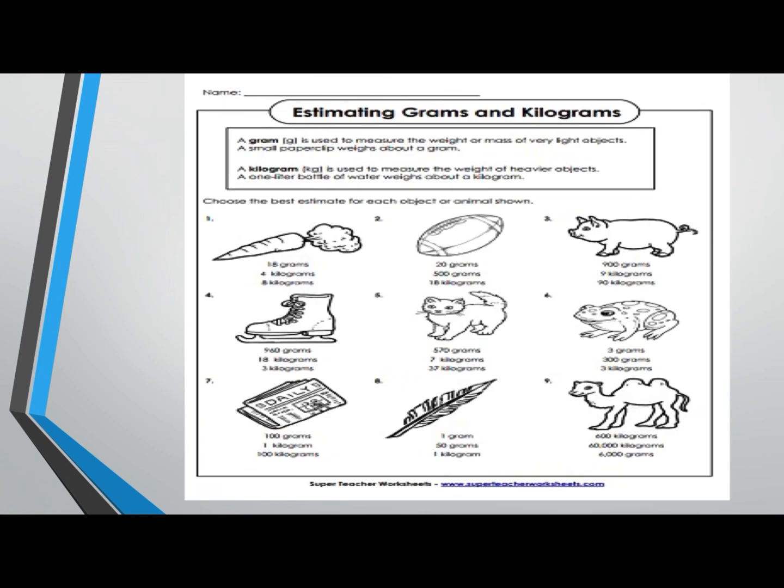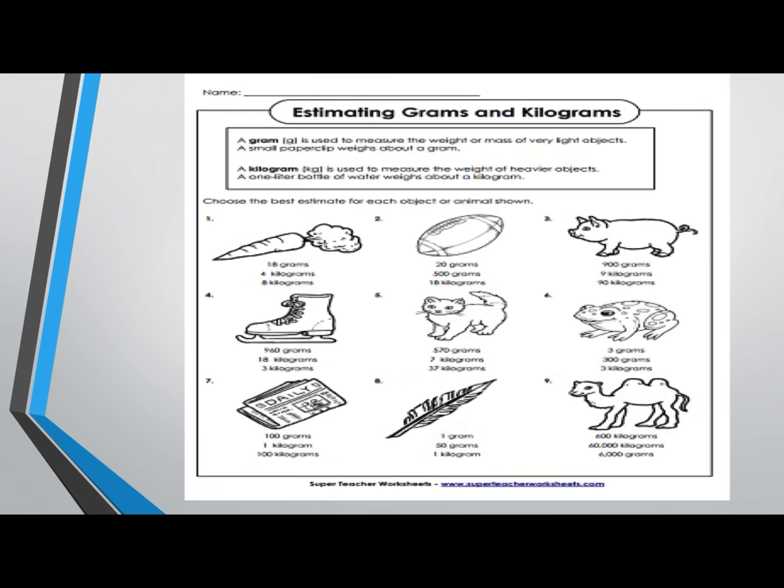Here it is a carrot. One carrot can be measured by gram, isn't it? This other one is a soap. This soap is measured by gram. It is a pig. It is an animal, so the pig is weighed in kilogram. It is a shoe, just one shoe. This one shoe can be measured by gram. It's a small unit, for smaller, lighter objects. A cat is measured by kilogram.